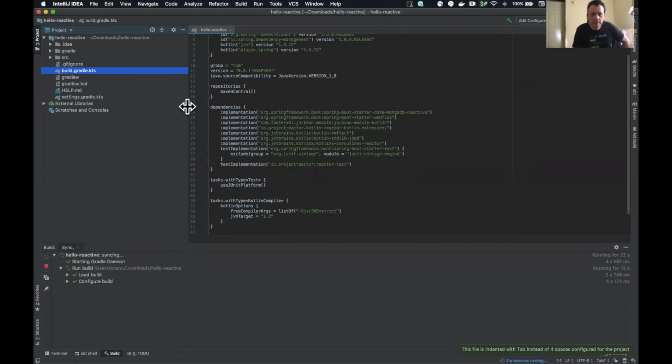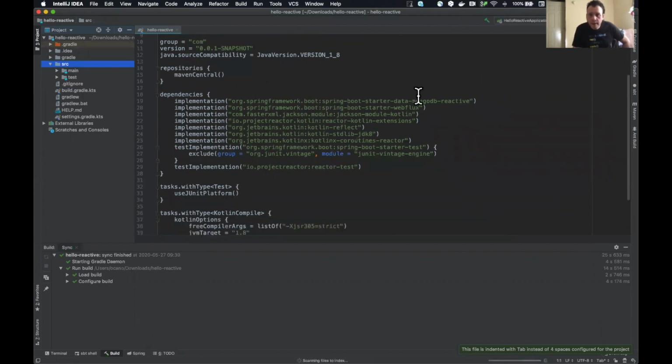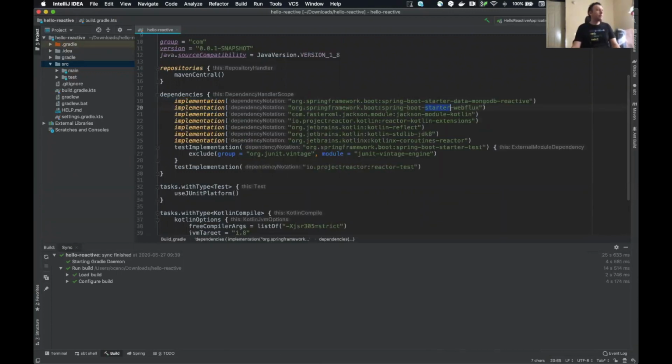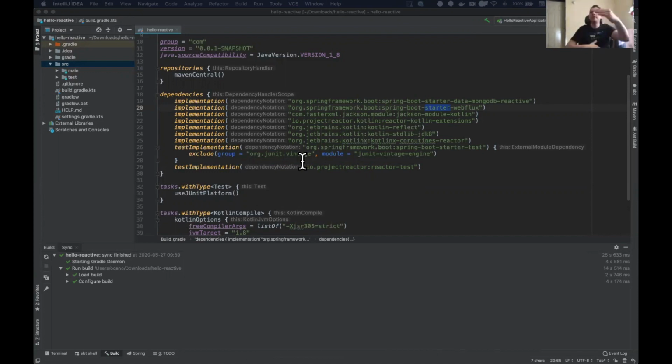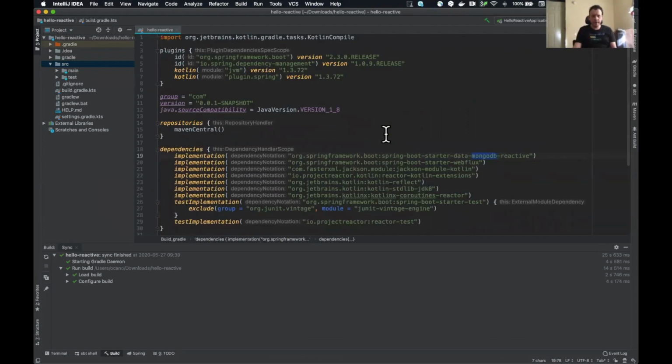But something important here is that we have the different dependencies for our project. We have the starter project for MongoDB, we have the starter project for WebFlux. And well, if you used Spring Boot before and also started projects before, you can see that these starter projects are grouping all the starter dependencies to create, in this case, a new WebFlux application to support Mongo repositories. It's very simple. We can see that we have a very clean dependency